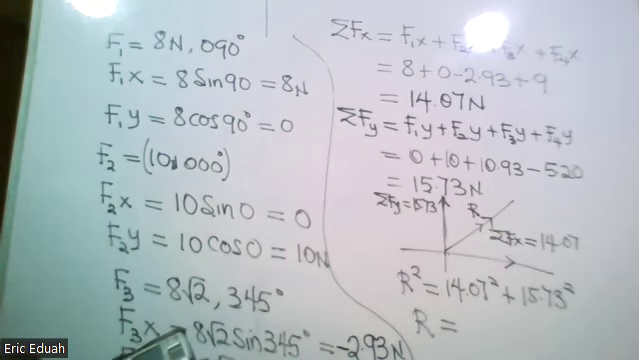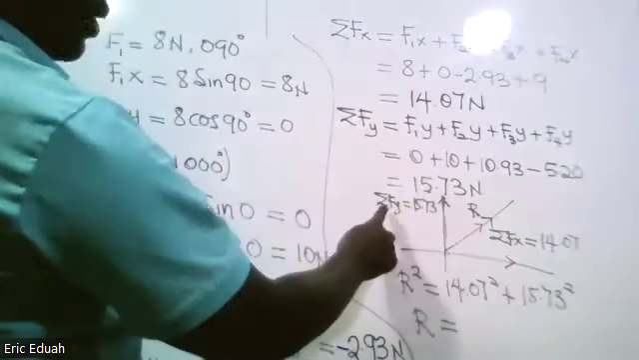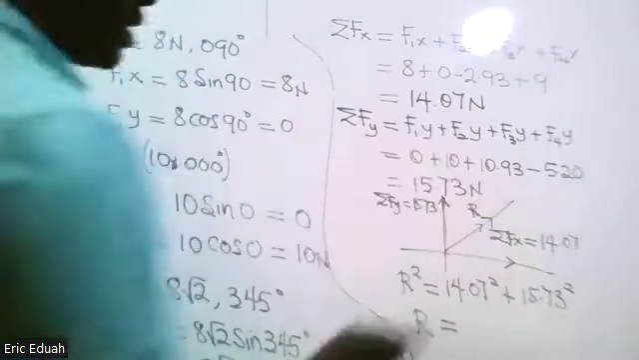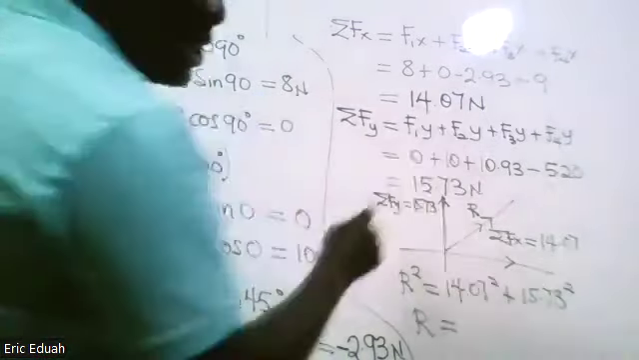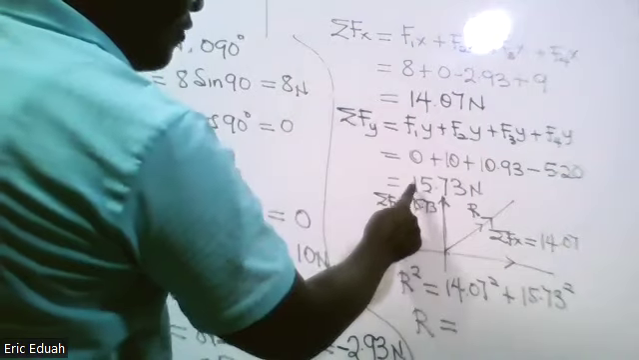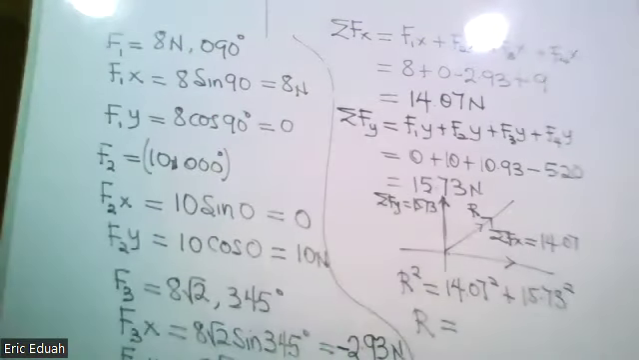Sir, please can you come again from the drawing part? Okay, what I'm saying is that when you found summation f of x, we had positive 14.07. Summation f of y, we are having positive 15.73. So you draw